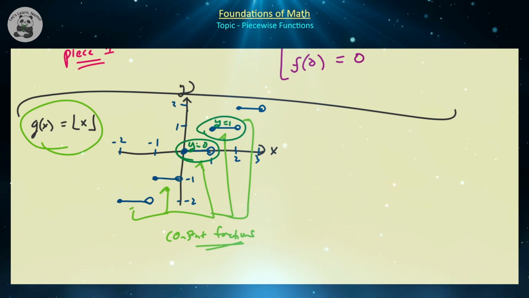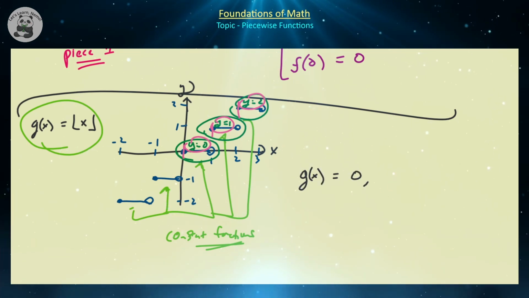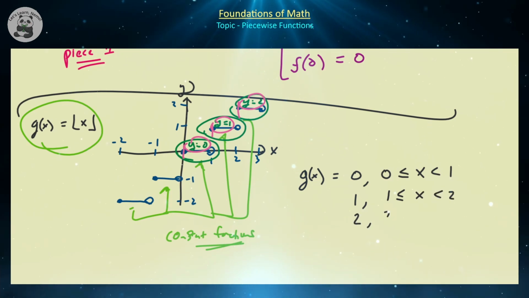This piece is just y is equal to 1, this piece is just y is equal to 2, and so on. And notice that, for example, y is equal to 0 starts at 0, y is equal to 1 starts at 1, and y is equal to 2 starts at 2. So what we can do is say, okay, well, g of x is equal to 0 for 0 less than or equal to x less than 1. It's going to be equal to 1 for 1 less than or equal to x less than 2, 2 for 2 less than or equal to